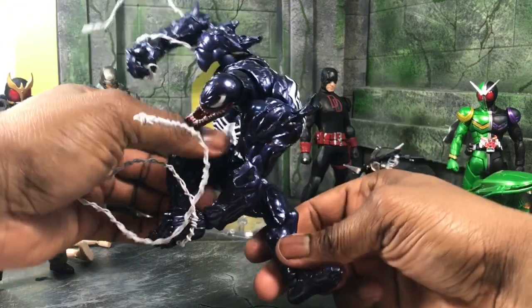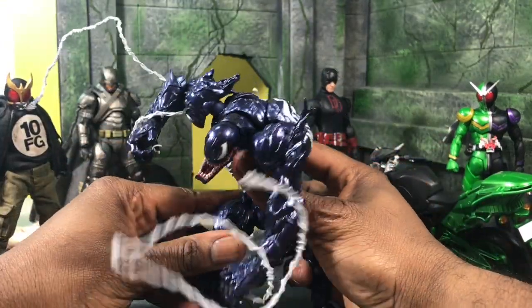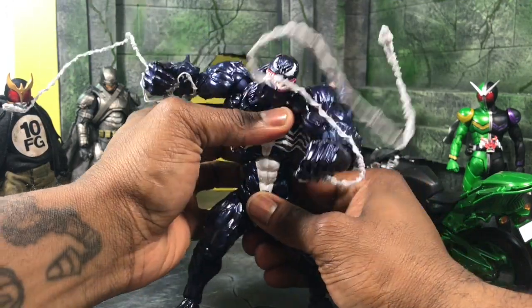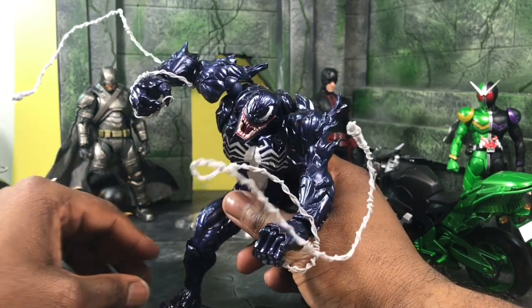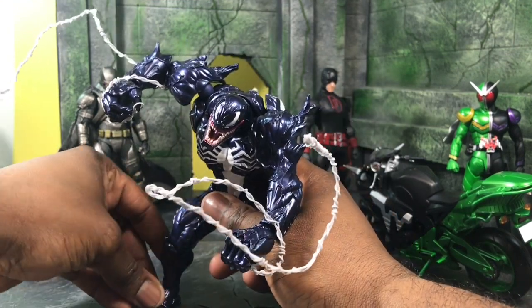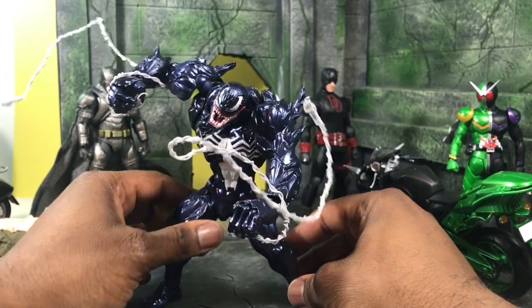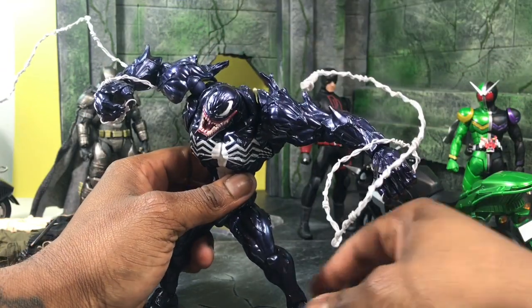Even now as I take it off the stand, let's say I just wanted to play around and pose it or do whatever it is that I was going to do. You even it out. I'm knocking everything down. Sorry, y'all. But if you wanted to just do a picture of him holding the weapon, running, flying, whatever it is,